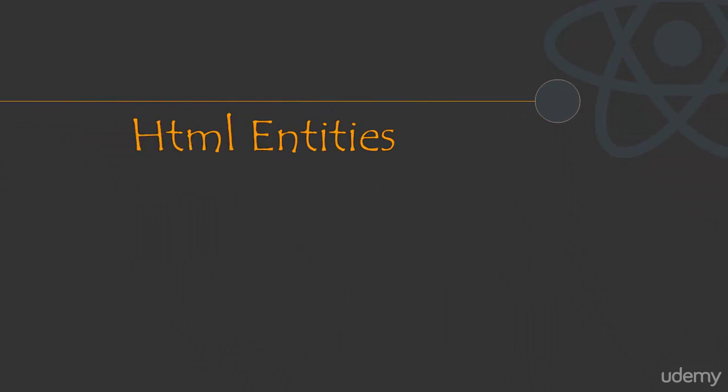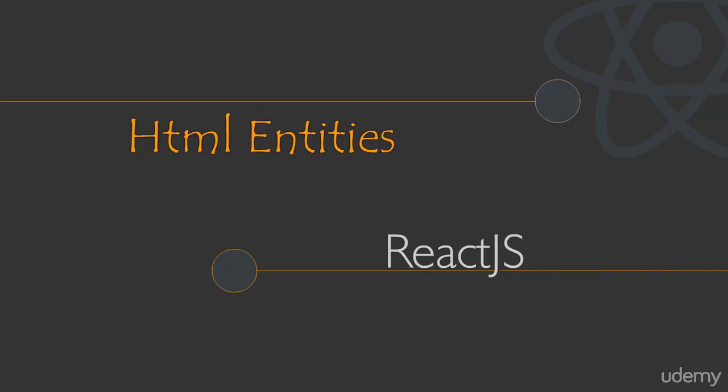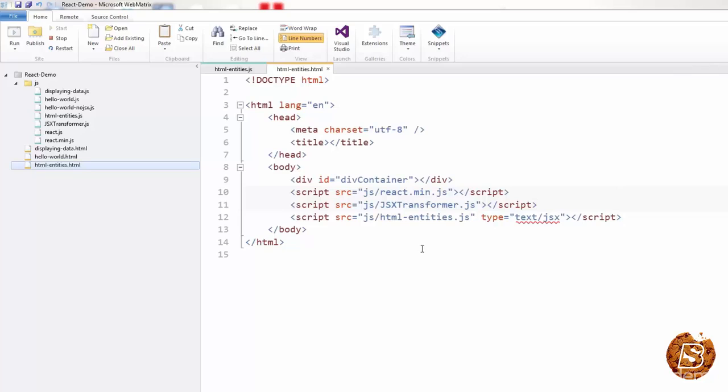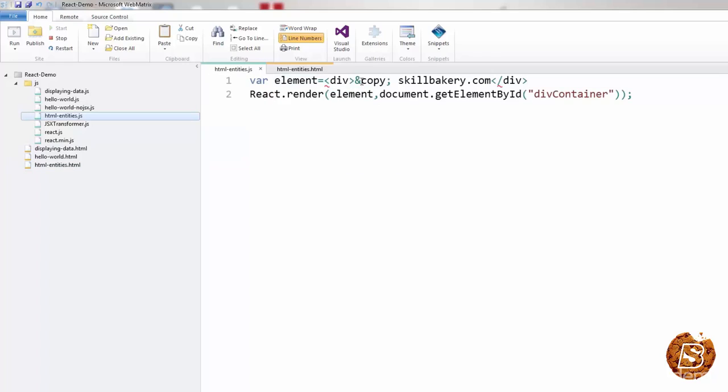In this tutorial, we'll take a look at how we can display HTML entities in React.js. First of all, we have defined the div and then included the necessary libraries over here. Then in our React.js file, what we are trying to do is display the usual copyright symbol inside a div element. And we are assigning that element inside the render method of React, and then it's displayed inside the